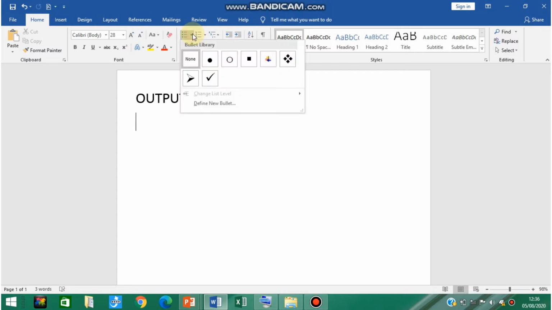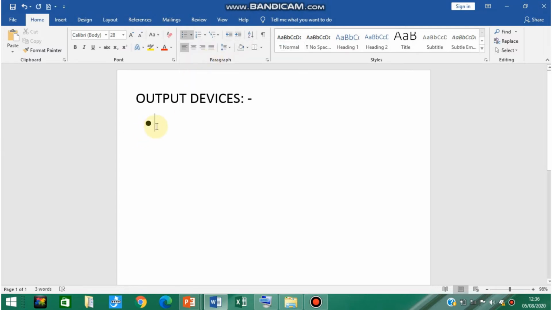Click on that drop down arrow and you can choose whichever bullets you want. Suppose I am choosing this black dot. Click on that and the bullet gets listed. Now we can type our list.